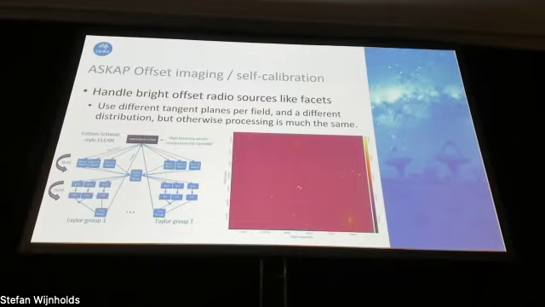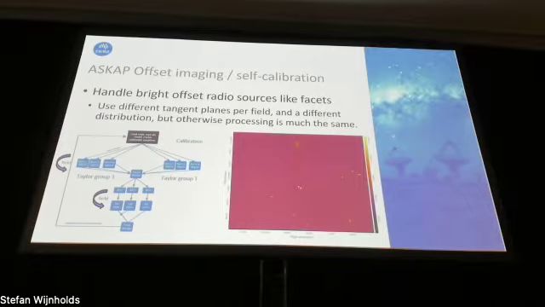The main reason for that is that in this particular job, we were only allowing the phases to be updated in the calibration process, but we're also fitting the gains. If we let both the gains and phases change in the calibration process, and turn on a bit of direction dependence, we can clean up the side lobes nicely. We also clean up the source down here a lot better.